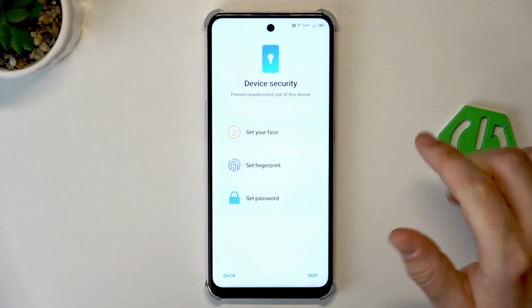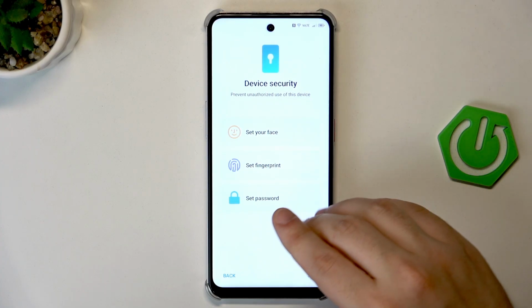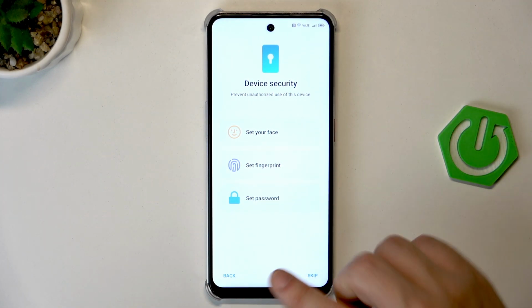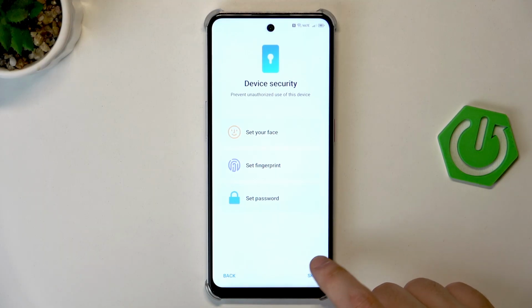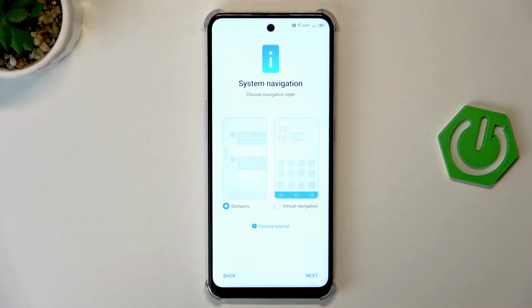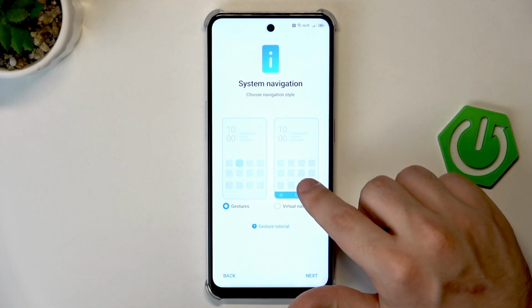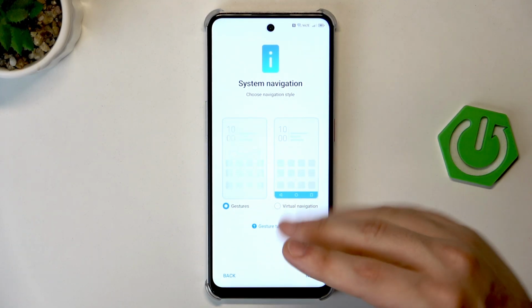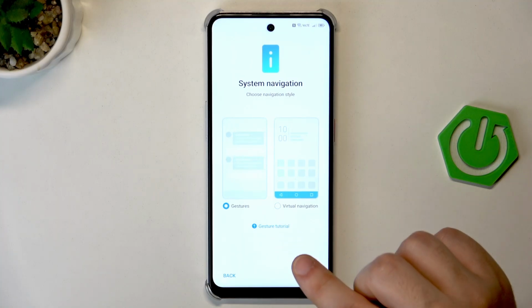Click on next. You can select and set password, fingerprint and face ID right now. It's up to you. Remember that it's also available later. So in my case, I'll skip it. Select navigation method, gestures or virtual navigation. You will simply have buttons if you select that. And when it comes to gestures, if you don't know how to use them, you can always click on gesture